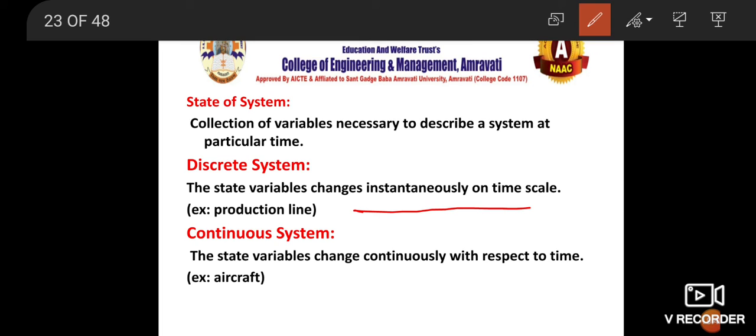अब उसके बाद कंटिन्यूस सिस्टम मतलब क्या होता है कि चेंज कंटिन्यूसली हो रहा है. जैसे आप गाड़ी चला रहे हो. होटल के एग्जांपल में क्या था कि कोई आ रहा है, कोई बैठ रहा है, फिर उसको आप ऑर्डर दे रहे हो, सर्व कर रहे हो, फिर पे कर रहा है, जा रहा है, फिर हो सकता है कुछ ब्रेक हो, तो वो डिस्क्रीट है, वो टाइम के साथ चेंज हो रही है. लेकिन कंटिन्यूस सिस्टम में आप बाइक चला रहे हो, रेस कर रहे हो तो गाड़ी आगे जा रही है, एक्सीलरेट हो रही है, आप ब्रेक मार रहे हो तो गाड़ी रुक रही है, that means you are directly continuously changing. वो कंटिन्यूसली जो चेंज हो रहा है that is called a continuous system.